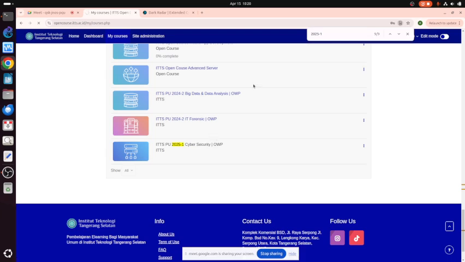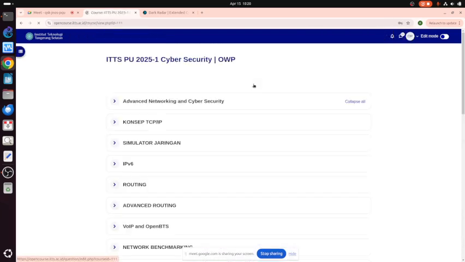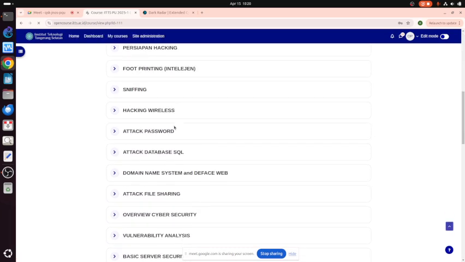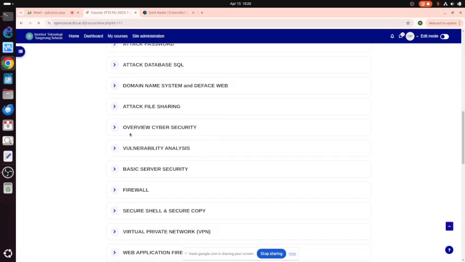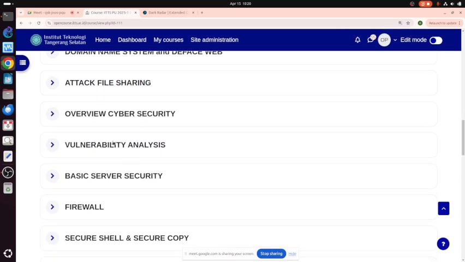I will show some vulnerability analysis. How can we do vulnerability analysis? Today I will focus on how we can evaluate the vulnerability of a server.